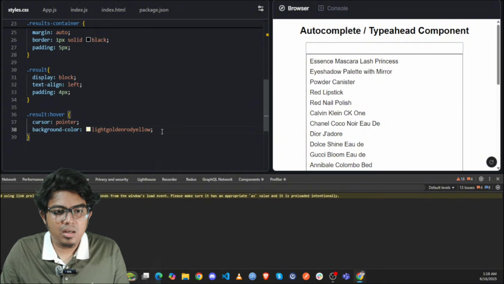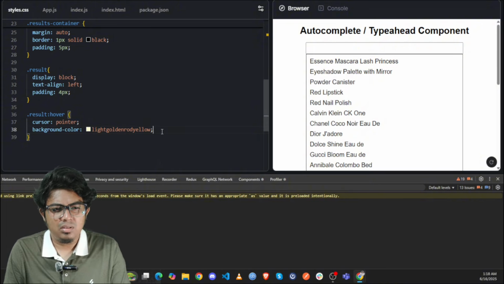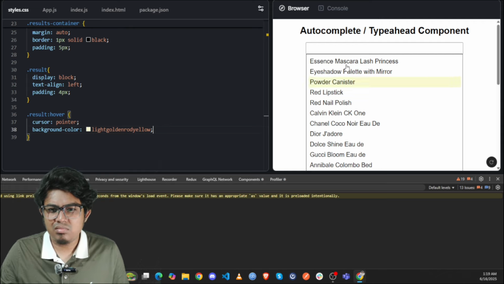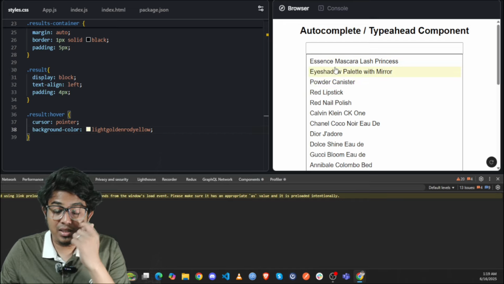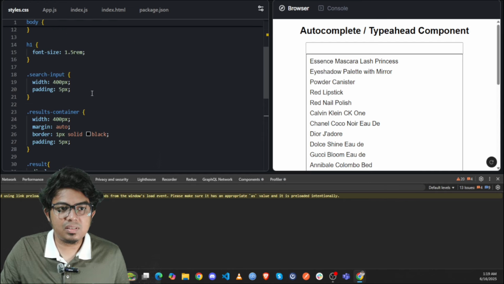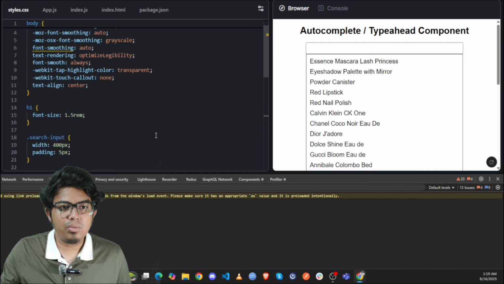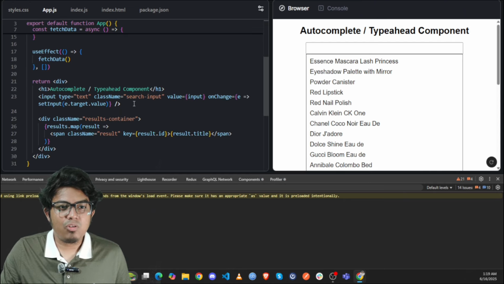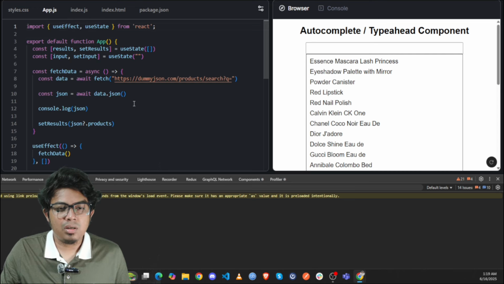Okay, and yeah, that's about it. Obviously when I'm hovering over it, you can see which one I'm indicating now. So this is the basic layout. And obviously in an interview, the interviewer is expecting something from you,